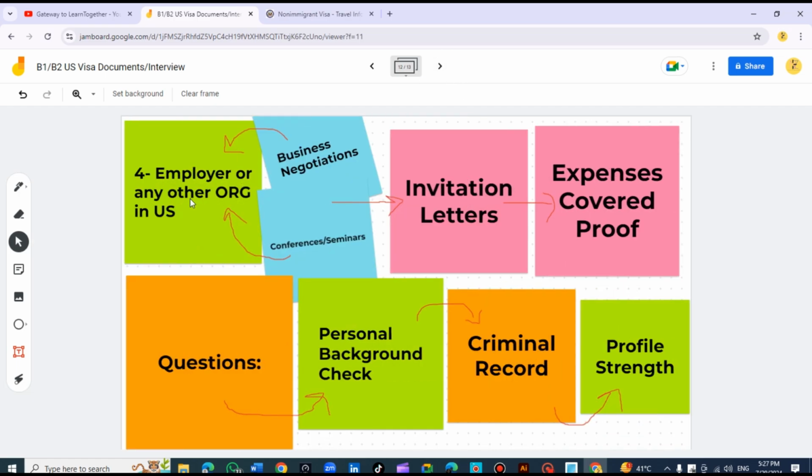And now if we have the fourth situation, a combined one, for example, some employer or any other organization in the US is paying for your trip, is sponsoring your trip to the US for a short stay. Now let us see how the situation changes. But first, let us know why some employer or some organization in the US